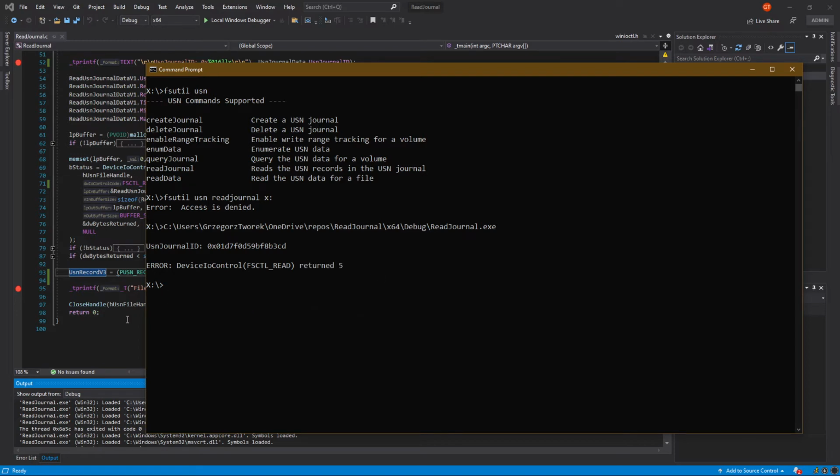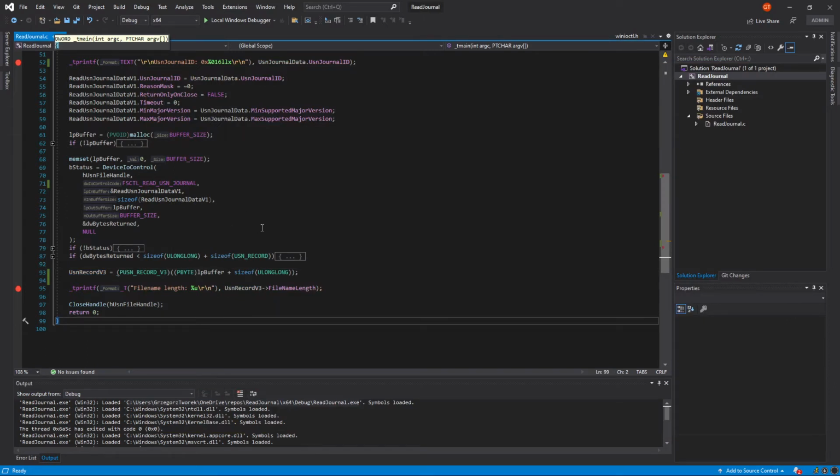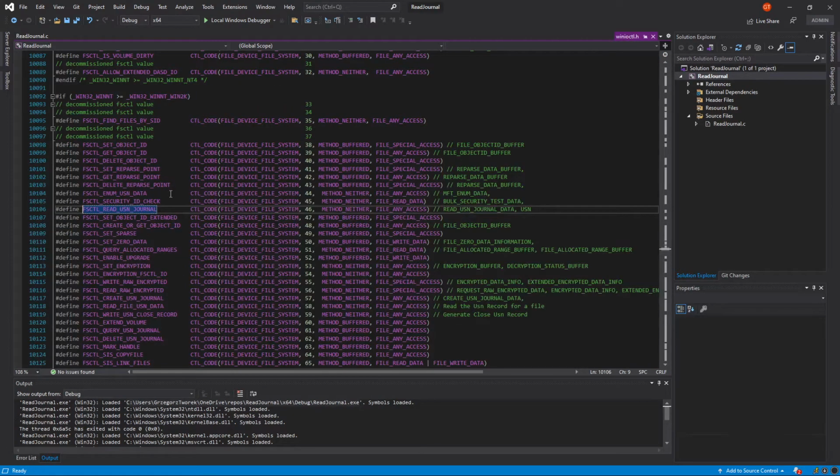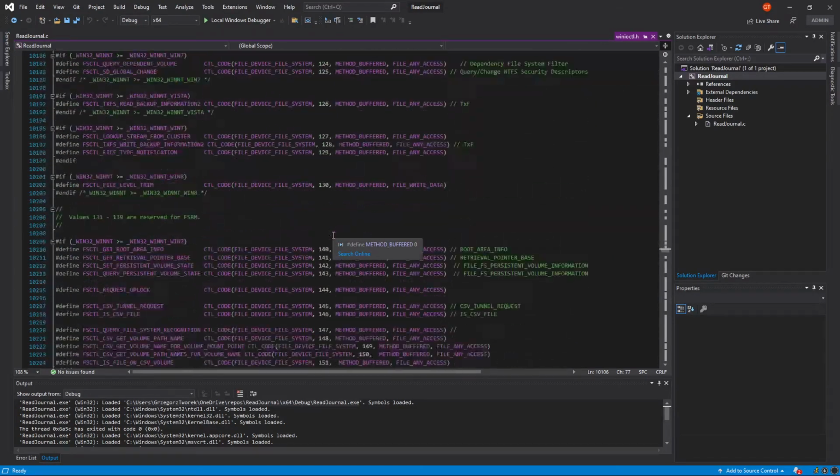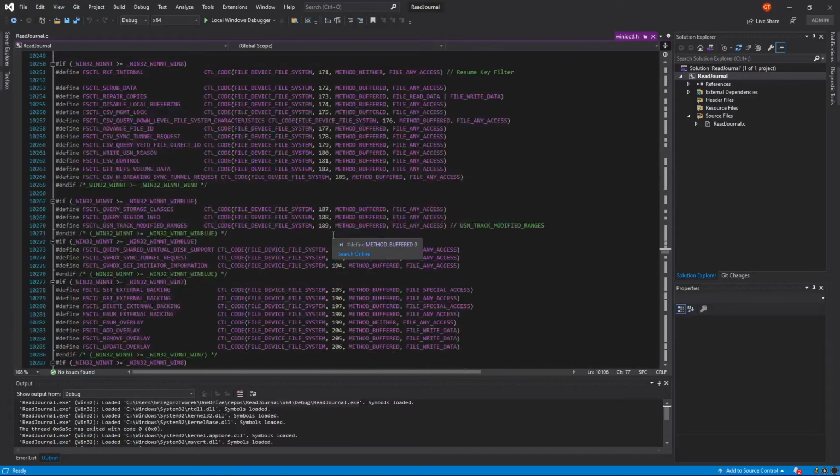But then I started to dig in a bit deeper. If you right click or just control click on the code being sent, you will jump to the header file. And here you can see the definition that read USN journal is actually a code number 46. If you scroll a bit down, you will see the code